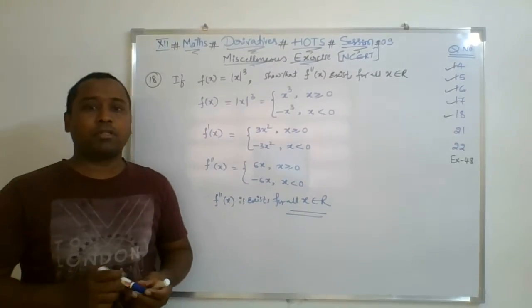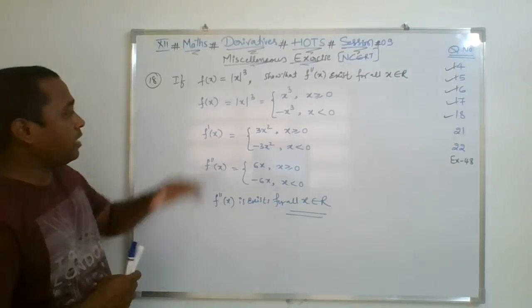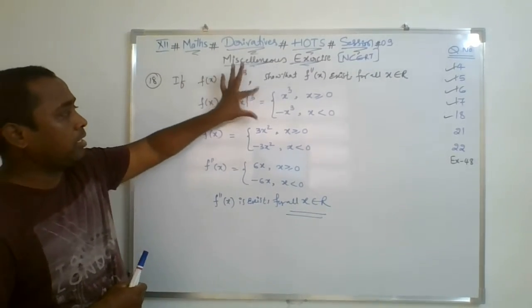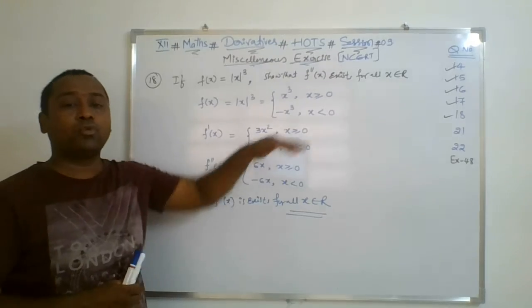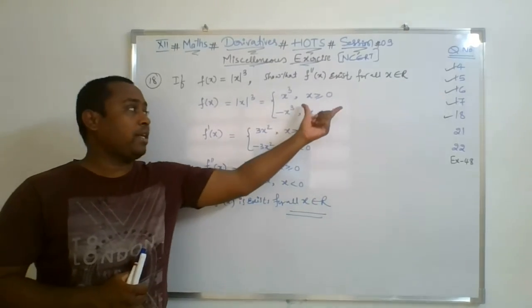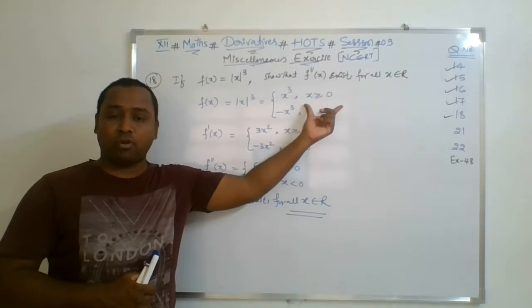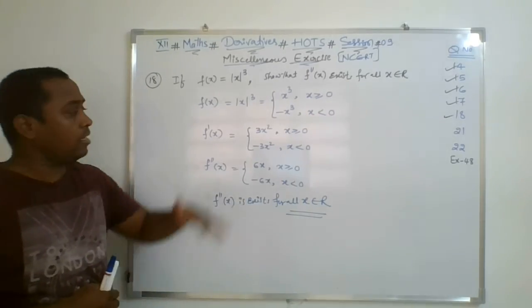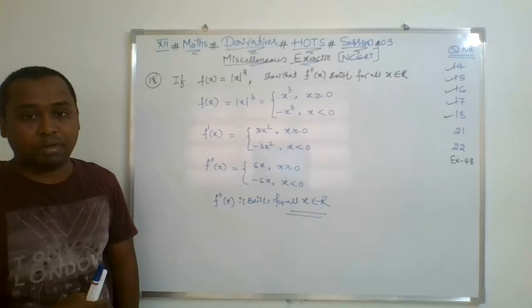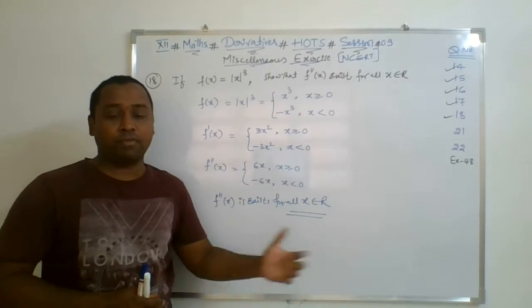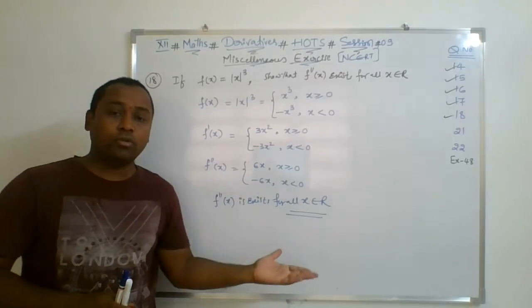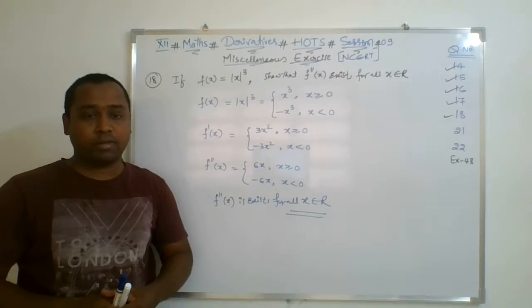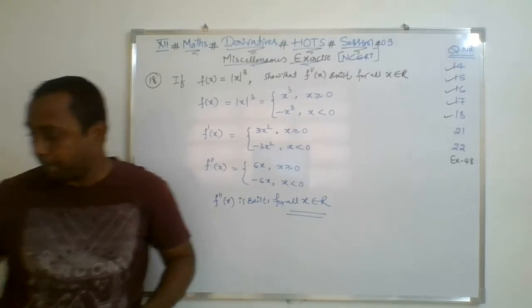It's so simple to write and express. Since it's a modulus function, it has to be dealt with in two different cases, where x is positive, that is a positive real number greater than 0, and where x is less than 0. Nothing else. The rest of the part is similar, right? You can go this way directly. It looks so simple, expressive and self-explanatory.